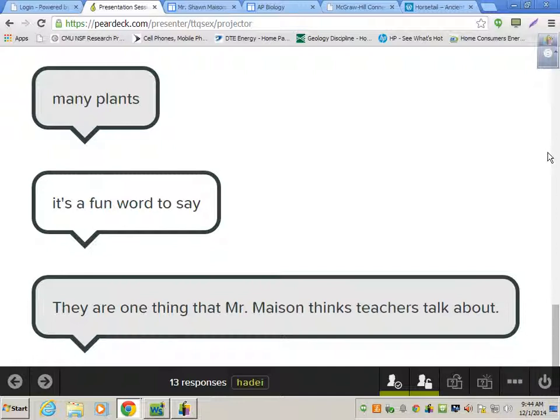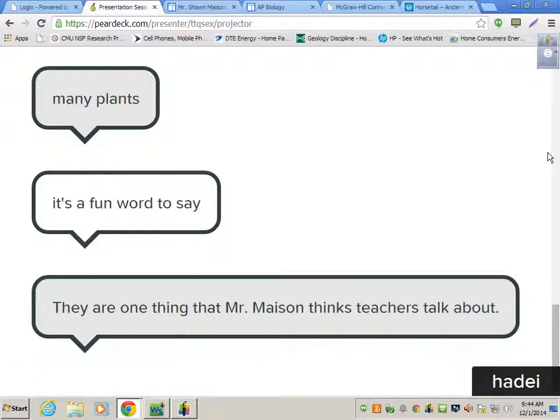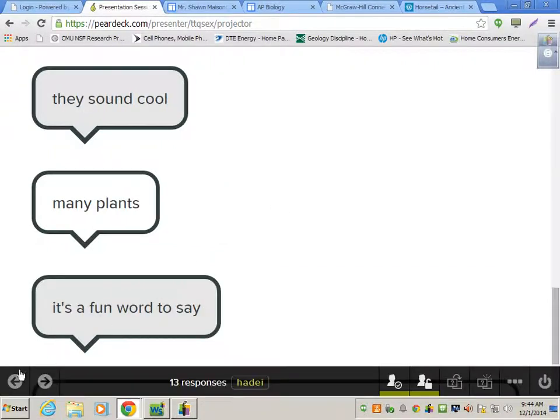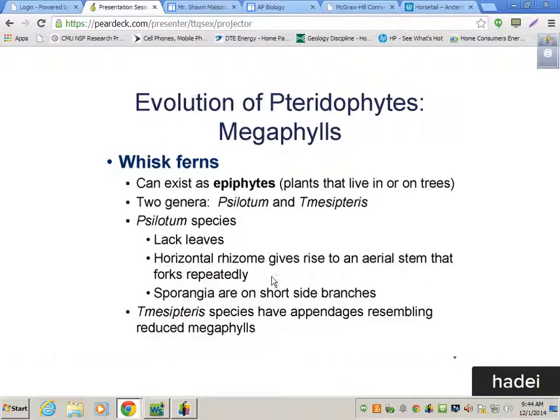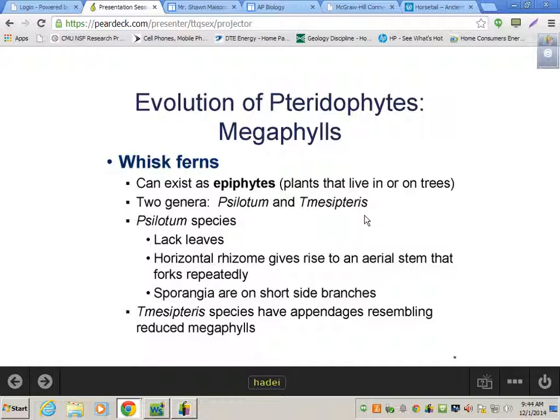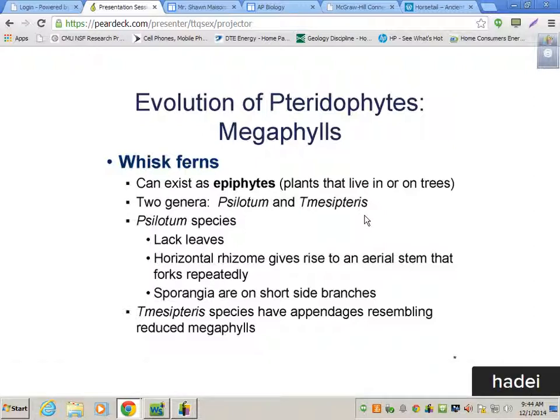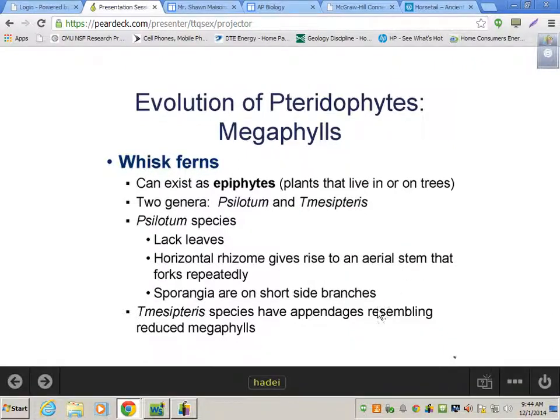Yeah. No. If you go look at any palm, any tree in Florida, they're going to have epiphytes growing on them. So epiphytes are kind of cool because they actually can draw in the moisture from the air around them. They don't need a root structure in the ground. So there's two basic genera here, the Soleatum and the Thymocypterus. Now the Soleatum species lack leaves; they have a horizontal rhizome that gives rise to an aerial stem that forks repeatedly, and the sporangia are on short side branches. The Thymocypterus species have appendages resembling reduced megaphylls. So they often look like this,